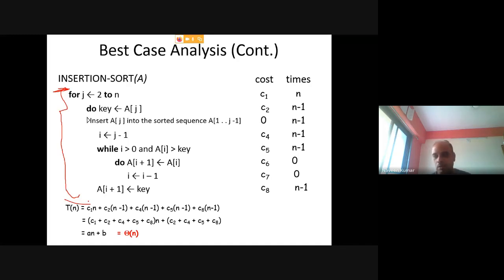Now, I hope the idea is clear. You need to find out the current time before the start of that algorithm, and you need to find out the current time at the end of that algorithm, and find out the difference. That difference will give the total execution time of that algorithm.